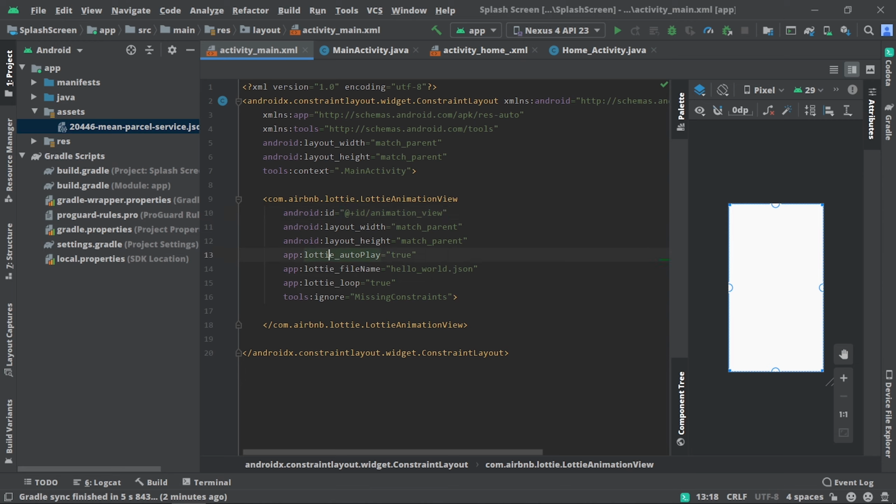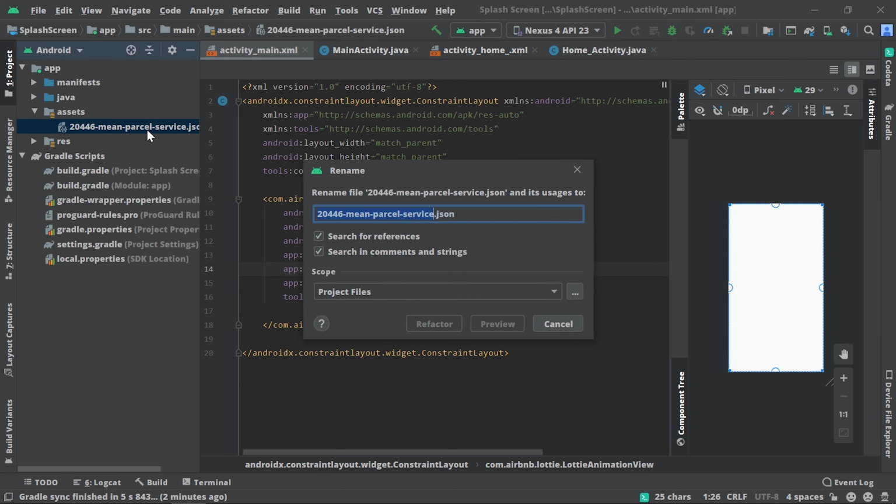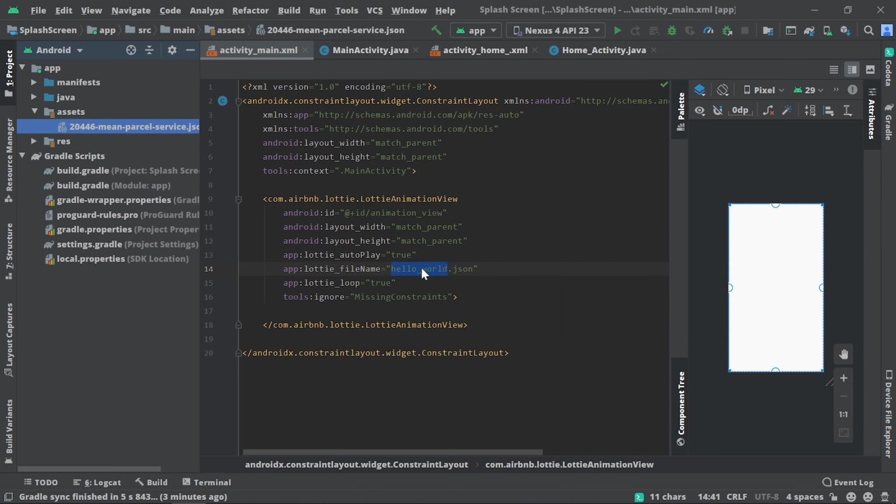In order to replay your animation, you need to select true here, and you need to place your file name, that is your JSON file name, here. I will copy my JSON file name and paste it here. And you need to make auto loop true.